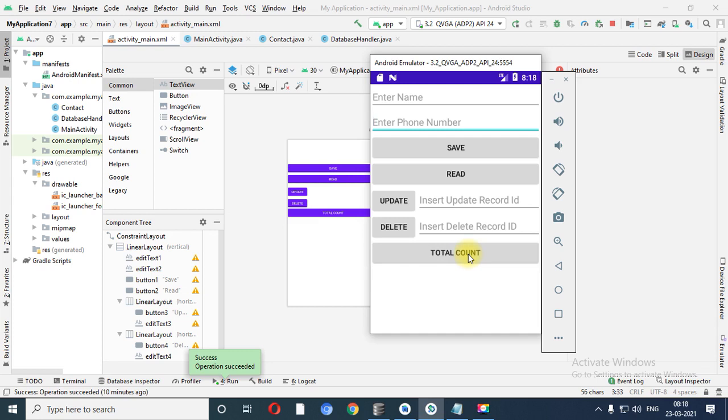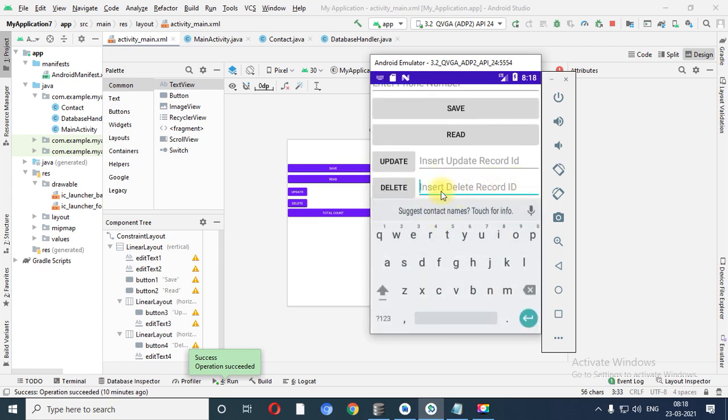Now see, if I want to delete the content of a particular record ID, at that time I click on the insert delete record ID. This is a hint property of the edit text, right, which will give me the hint that in this particular edit text what I need to insert.